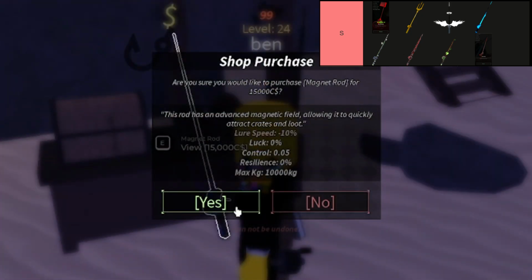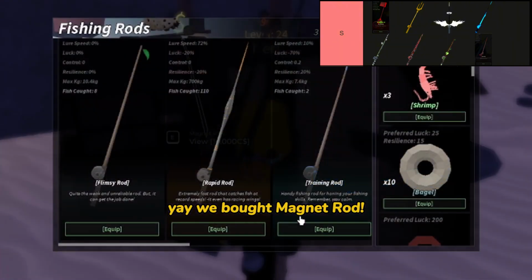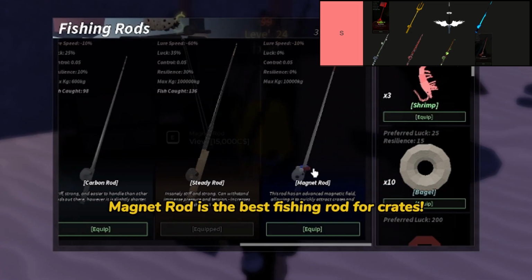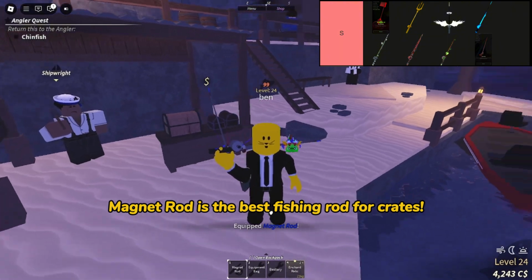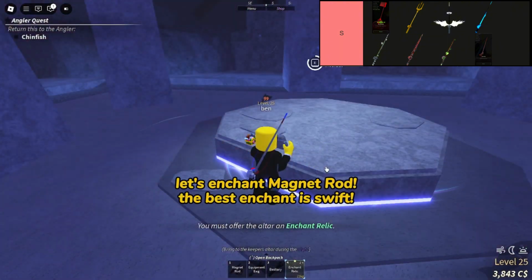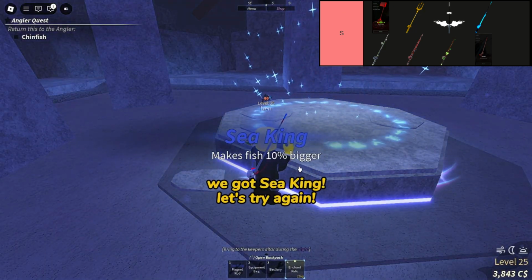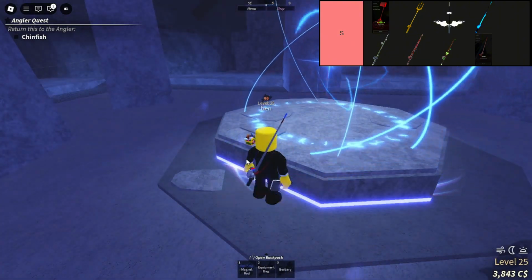Last but definitely not least, there's the Rod of the Depths. This rod is an absolute powerhouse. It boosts your luck by 130%, lure speed by 65%, resilience by 15%, and control by 0.15. If you can get your hands on this beauty, it's available after completing the maze in the depths for a cool 750,000 $. It's a bit pricey, but the benefits it brings are totally worth it for anyone serious about